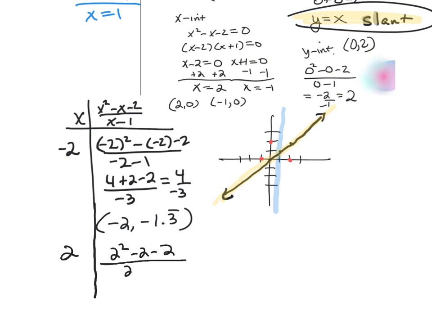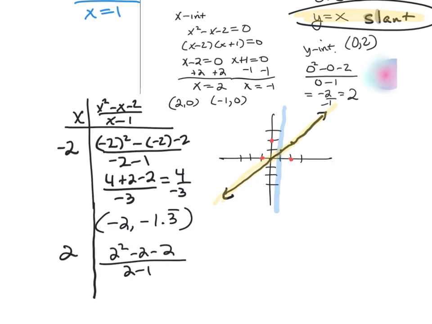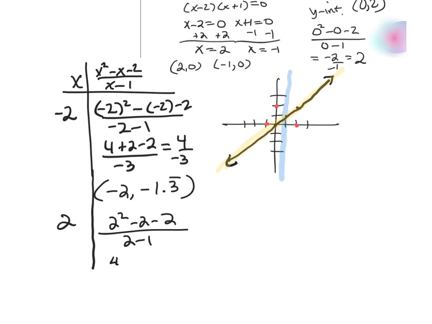And then 2 minus 1. 4 minus 2 minus 2 over 1. And this ends up giving me 0 over 1, which is just 0. So 2 comma 0. And